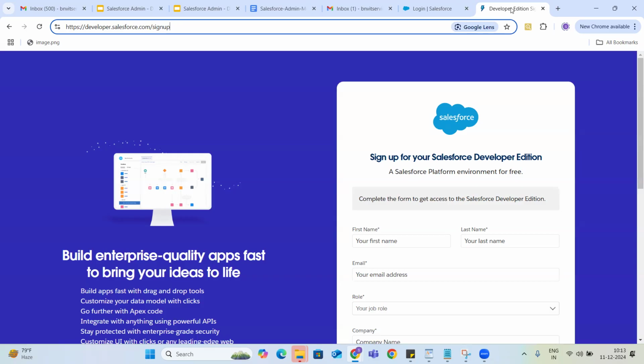So I want you all also to open up this page, developer.salesforce.com sign up. I want you all to do along with me. Let me show you how you can get to this URL.